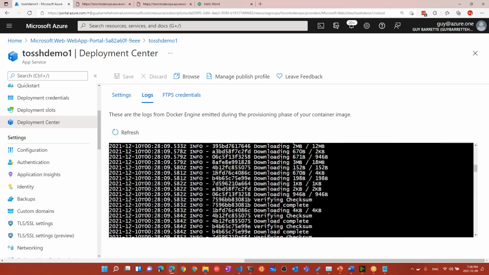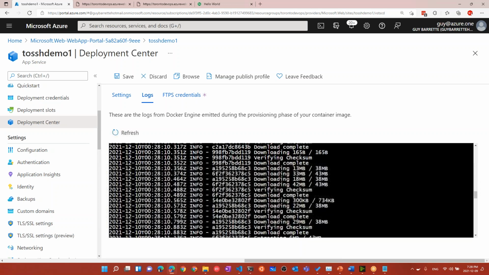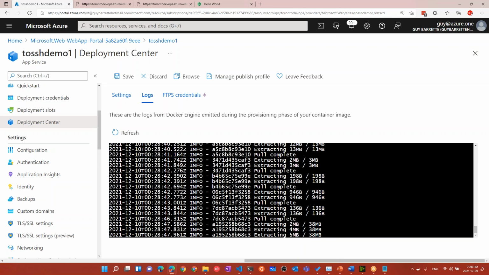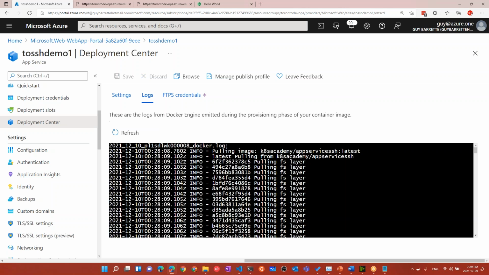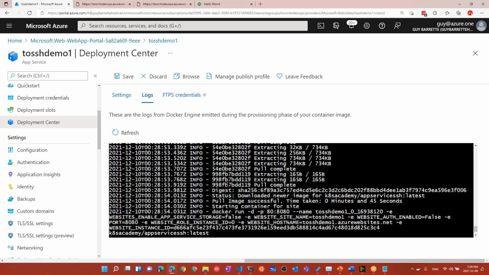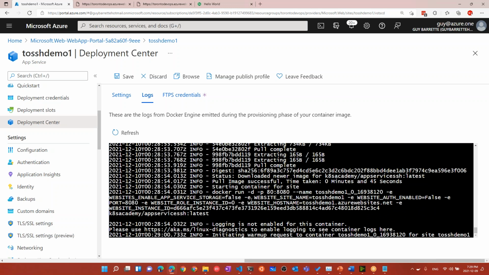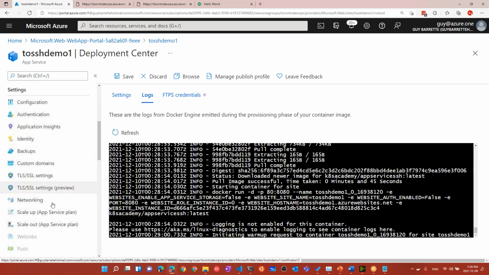Pulling, download... Still extracting. Refresh. Okay, running. Woohoo. So yeah, better make sure that your container is running before trying to do